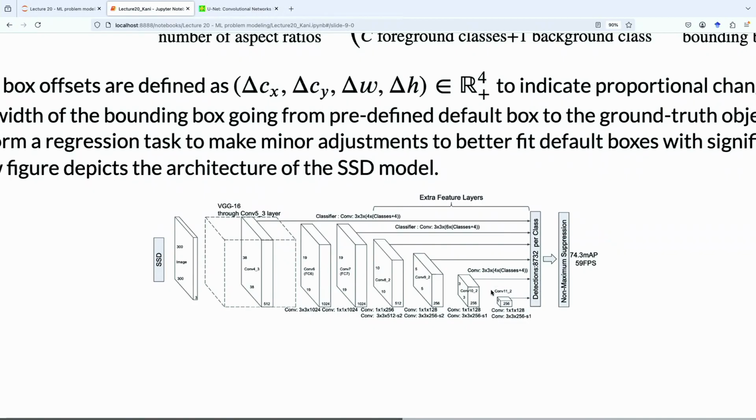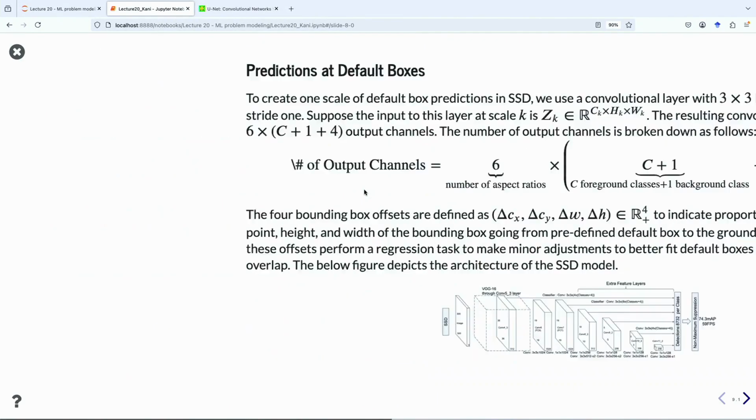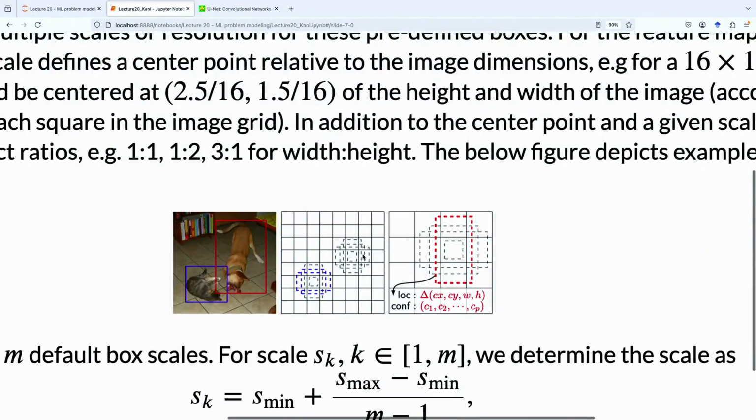So at some point we output, for each of the different anchors, the values: the classification, and the different centers and widths and heights. And these centers and widths or heights are determined in relative terms to the actual anchors at these points. Okay, so each of these anchors is like a separate output.